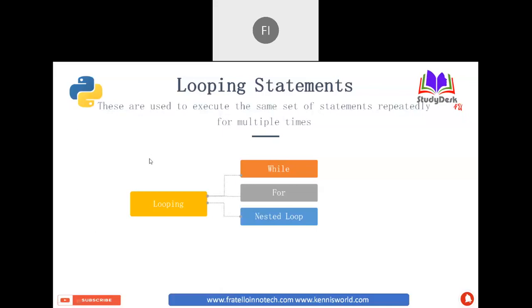Sorry. Today I'm going to continue with the control statements, and as I mentioned, the other type is looping statements, which we'll cover today. What do we mean by looping statements? Looping statements are used to repeatedly run the same block of code again and again until your requirement is satisfied, or I can say until the condition fails.